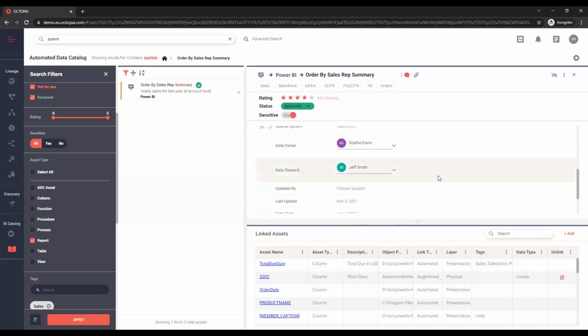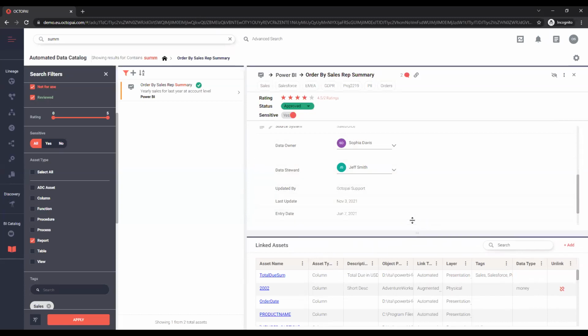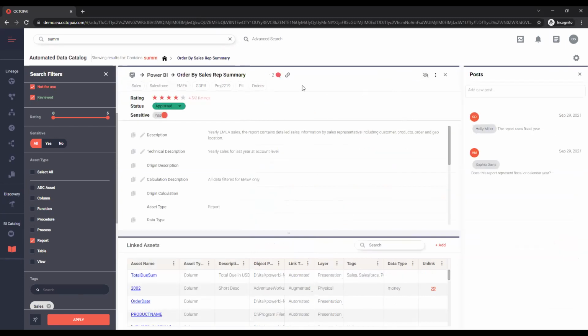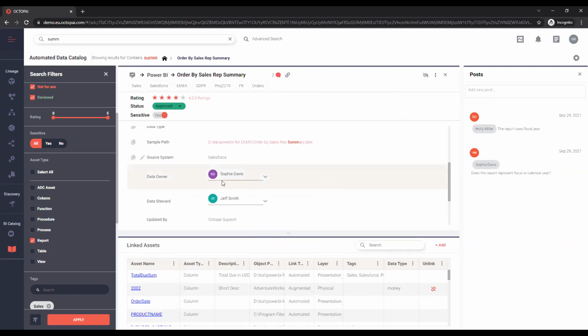Let's say as a business user, this report really seems to answer my needs, but I still have some questions about the data, right? So I'm sure that all of you are familiar with that. In Octopai, we've got this built-in collaboration that allows your users to collaborate within the platform. And let's take a look at this example. We've got Holly Miller over here, who's reached out to Sophia right here. She's the data owner.